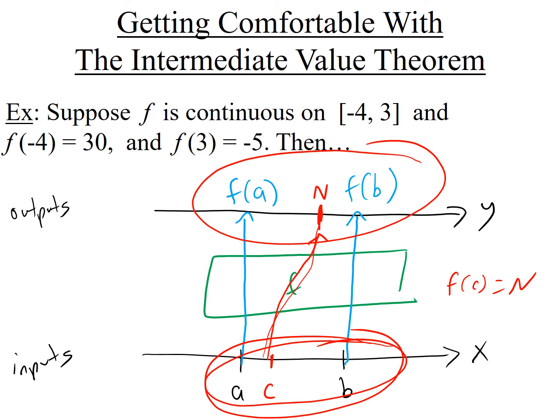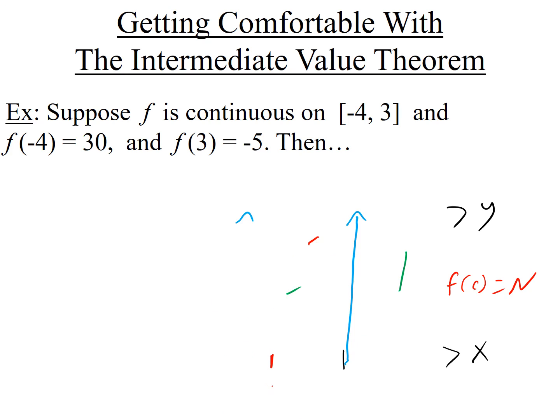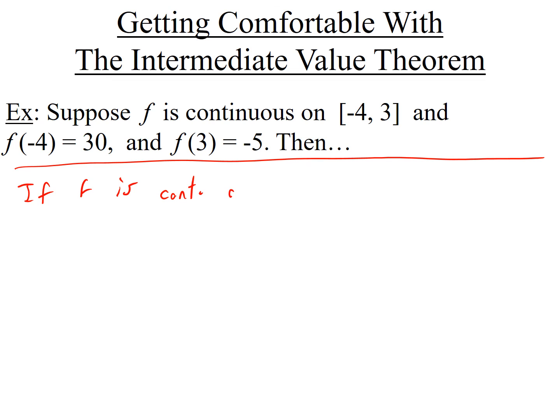Okay, let's go over it one more time. Let me go ahead and try to do it without the picture. So let's erase the picture, and then let's go ahead and write it. I know you can go back to the other slide and look at it, but try to keep the picture in your mind as you're saying it, and then please practice it a lot. Practice saying it, go over this over and over again so you can really understand the ideas here. Okay, so the first thing you're going to say, if I say state the intermediate value theorem, you're going to say if f is continuous on the closed interval AB,